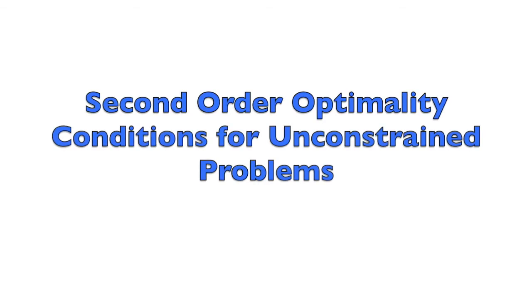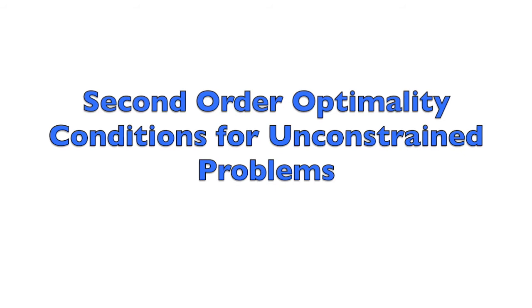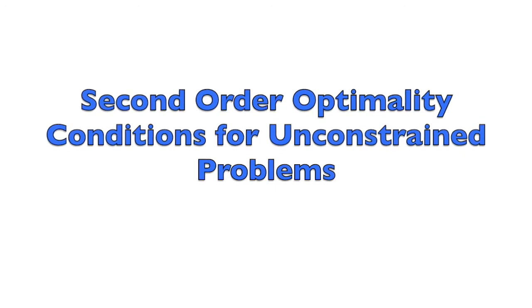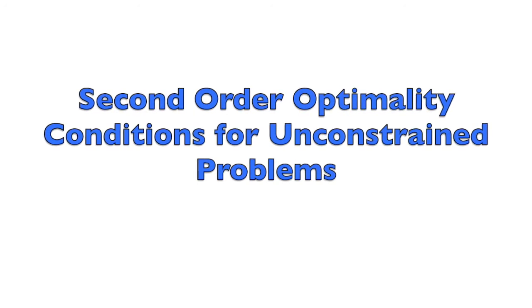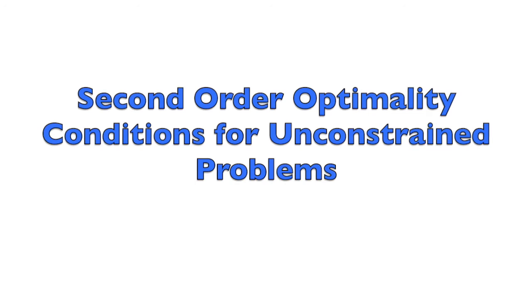Now we are ready to develop the second order optimality conditions. In a way, they're similar to what we had in the first order optimality conditions. So again, we will look at the Taylor series approximation around the point of a local minimum. So we'll look at the problem of minimizing f of x, where x is in R^n, an unconstrained minimization problem,